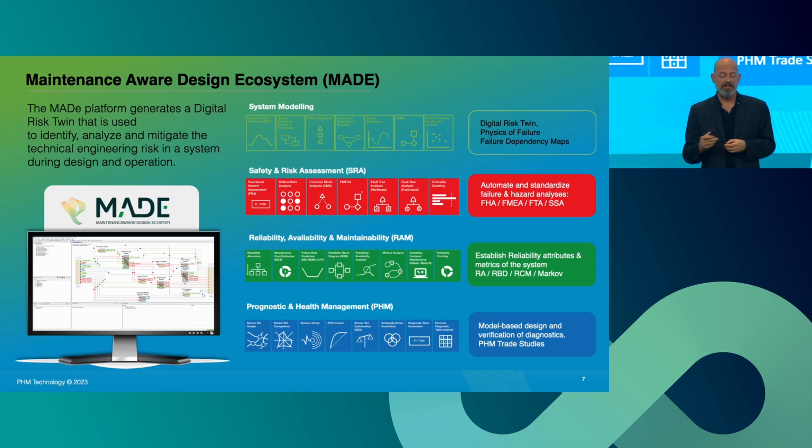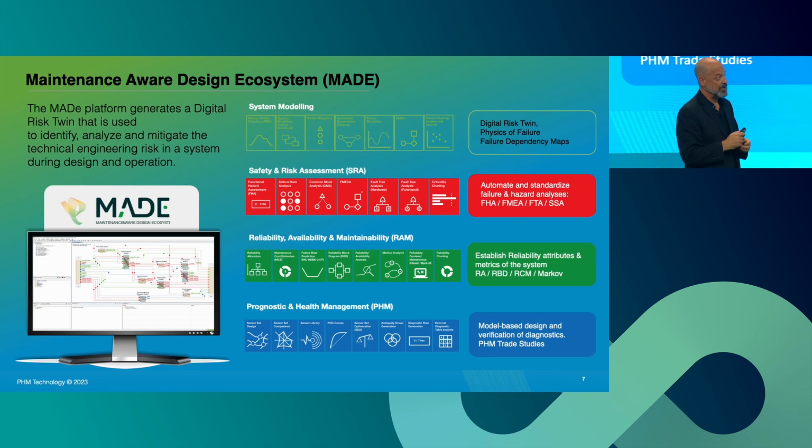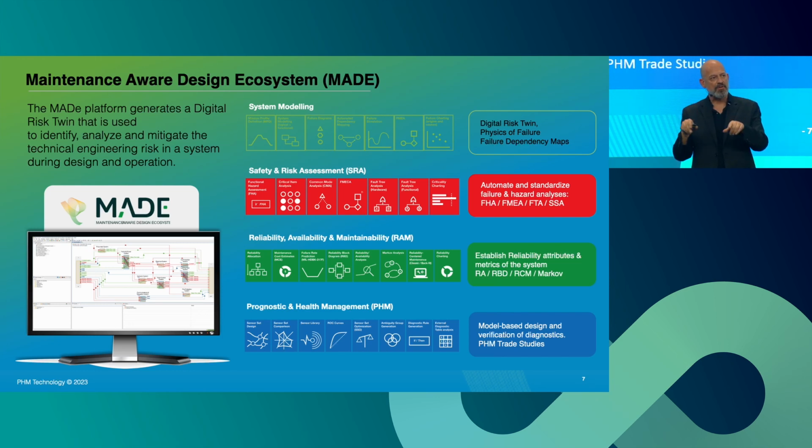And then the next piece, the PHM module, is unique. What it allows you to do is to take the configuration of the system and the understanding of those failures that are suitable for condition monitoring, and it will tell you what combination of sensors are required to be able to identify those failures as they're actually occurring in the system. Okay? It's a very different approach to